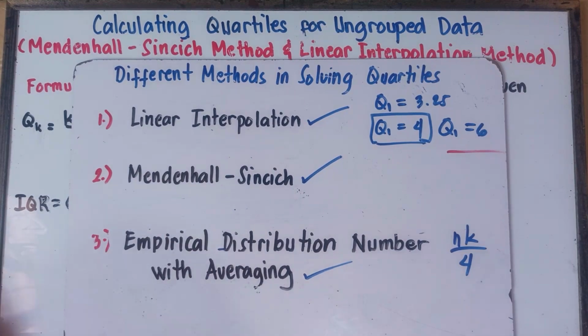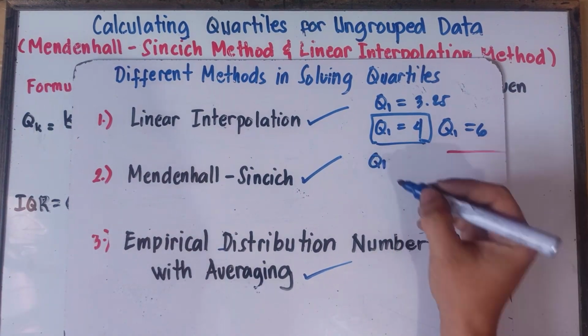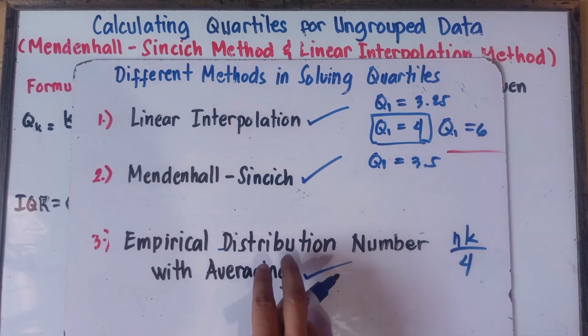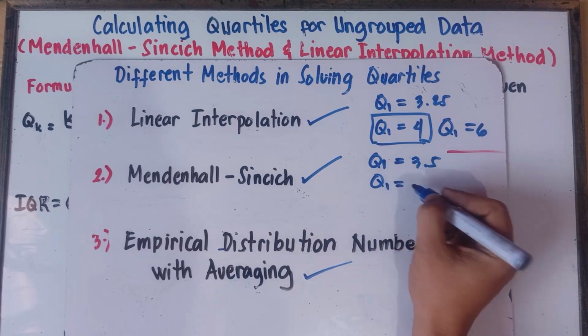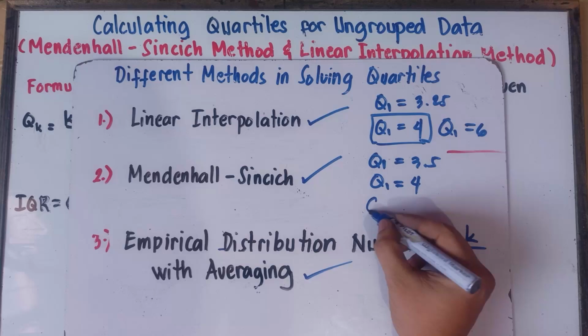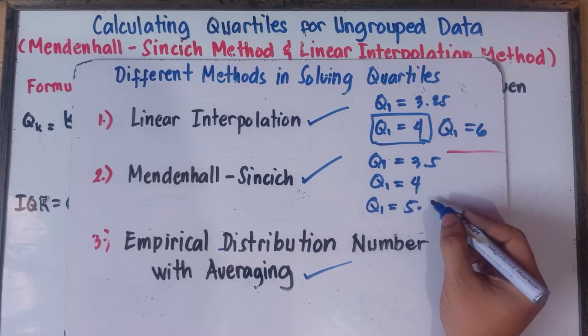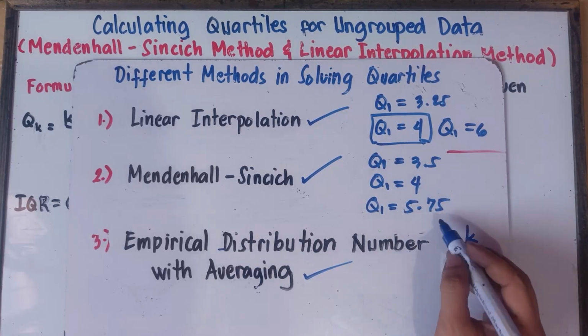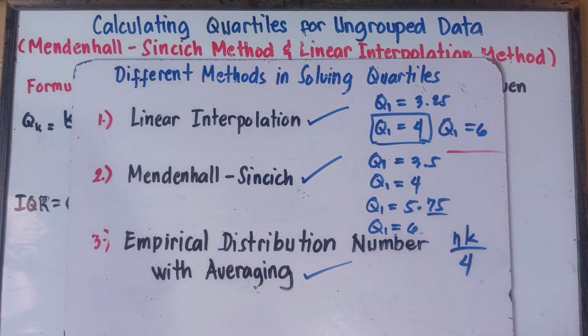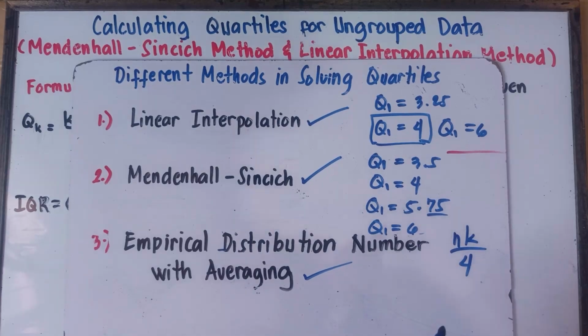Alright, now, for another example, when you solve for quartile 1 and your answer is 3.50, automatically, class, in empirical distribution, the position would be 4. You always round up. Last example: quartile 1 is equal to 5.75. It contains a decimal, so quartile 1 would be at the 6th position. So that's the rule, class, with regards to empirical distribution: if the answer contains a decimal, you always round up.